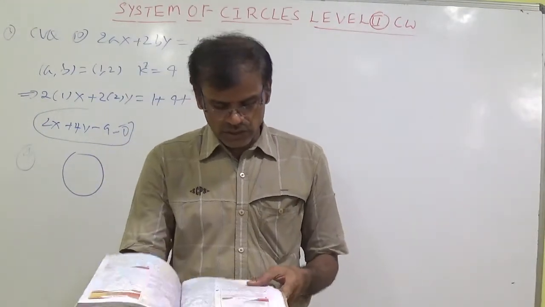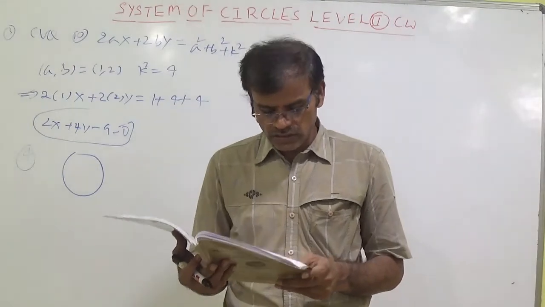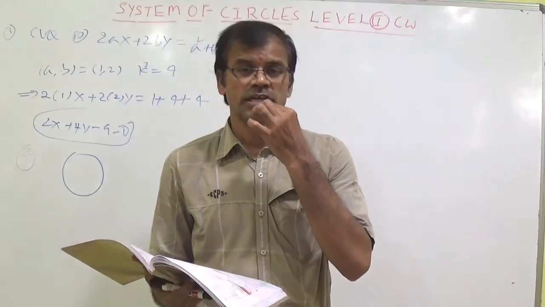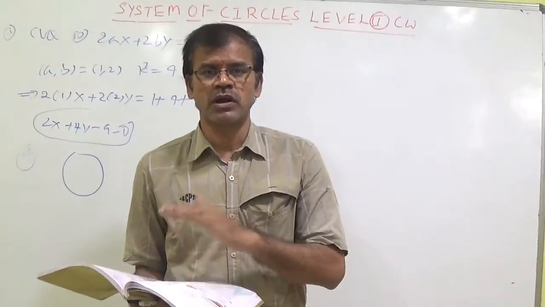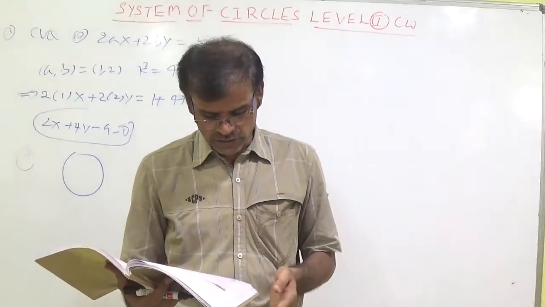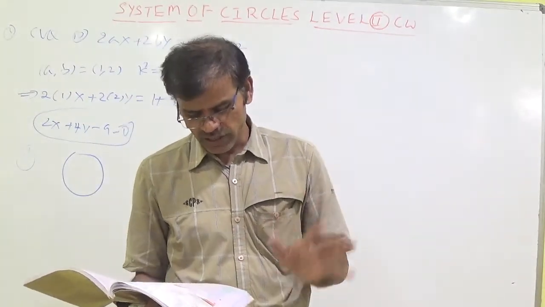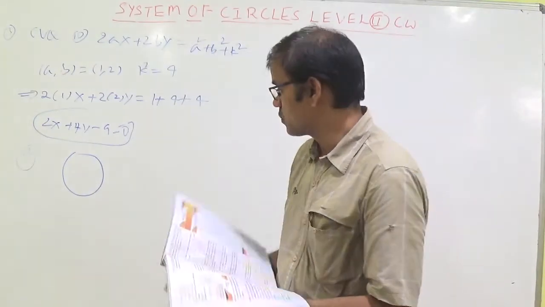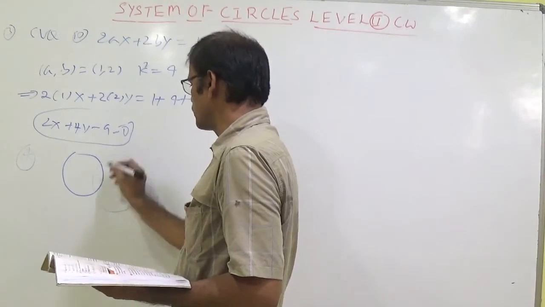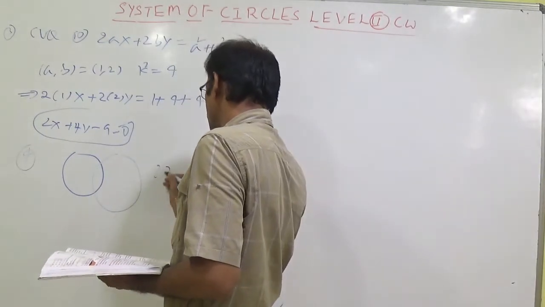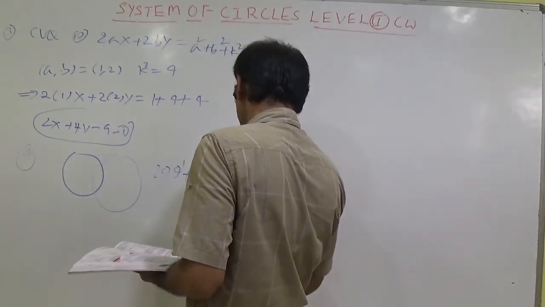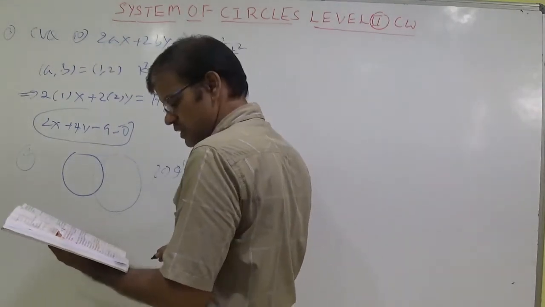Now again what is happening? He is saying the condition that the center lies on x is equal to y. Whenever the center lies on x is equal to y, the center coordinates should be equal, so g equal to f, like 1, 1, 2, 2, 3, 3. For every option he has given like that only. Now only one shortcut we are having, that is verifying the option with the given circle by using the formula 2g g dash plus 2f f dash equal to c plus c dash.